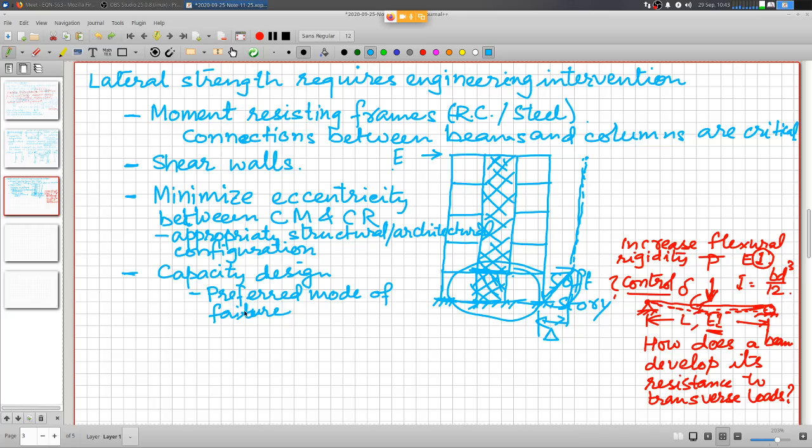So preferred mode of failure, so essentially what we are talking about, weak beams, strong columns, and shear capacities